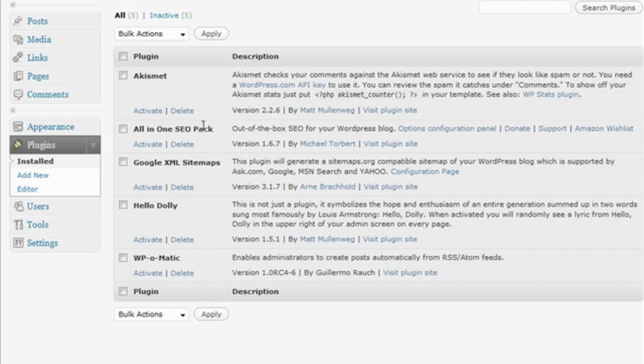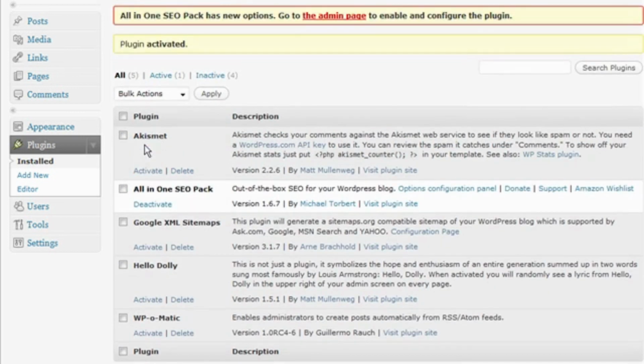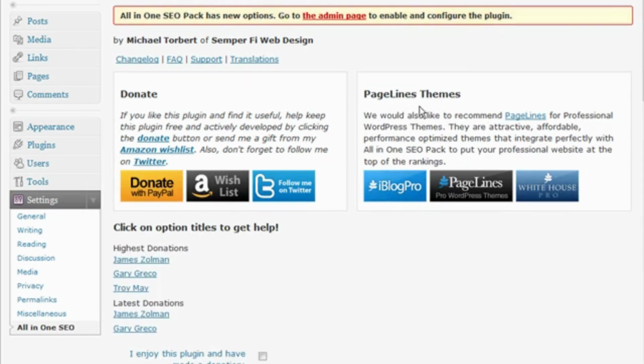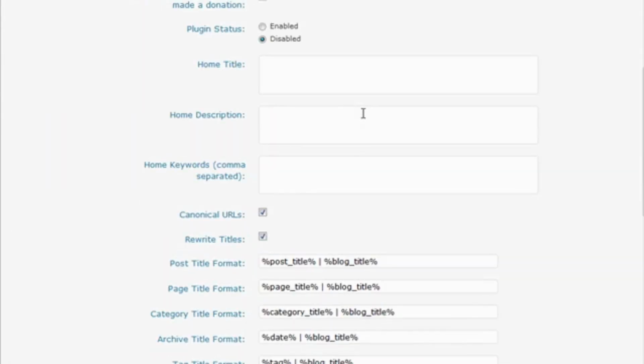So first we'll activate the all-in-one SEO pack. Just click on activate. Okay, and it says it has new options. Go to the admin page to enable and configure the plugin. Okay, so that's fine. We can go here. And then what you want to do